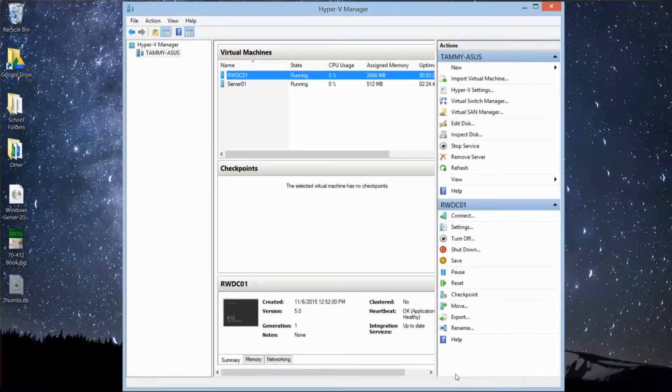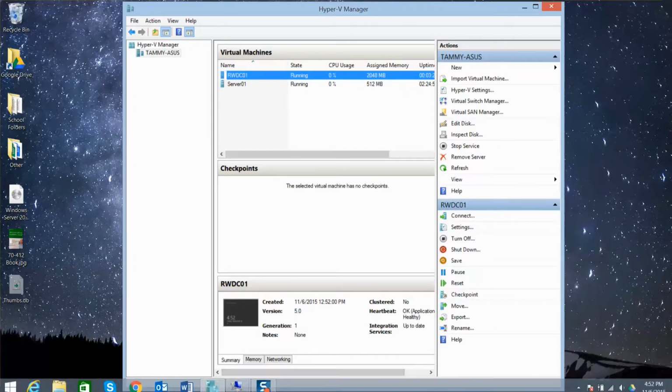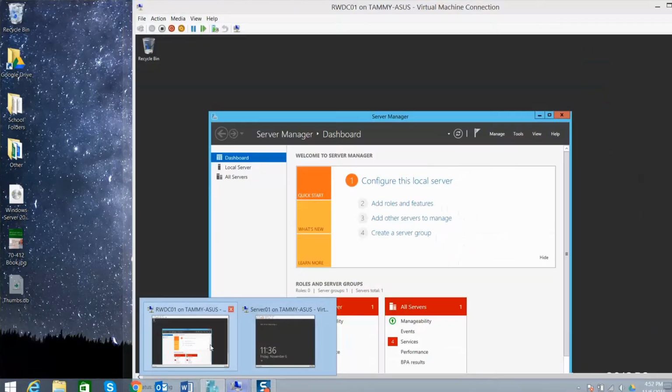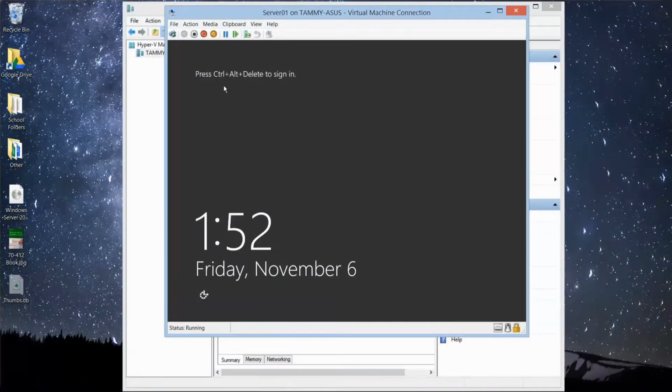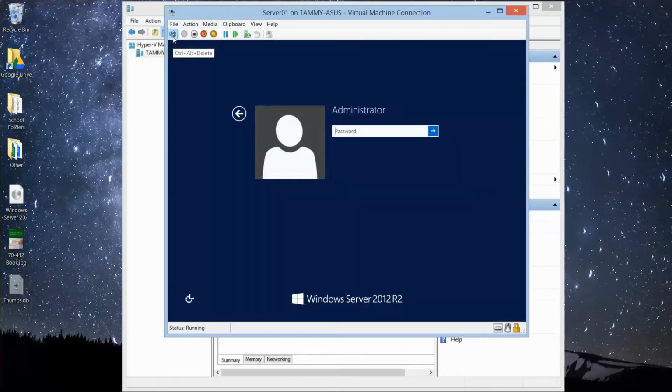Okay, so I have the domain controller up and running. I'm going to pull up the Server01 and we're going to go ahead and format it. So we're going to click on the little button here to pull up the control alt delete, and